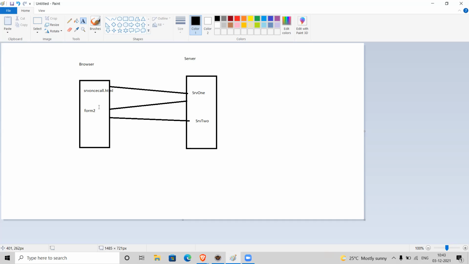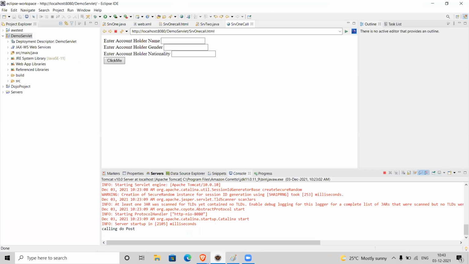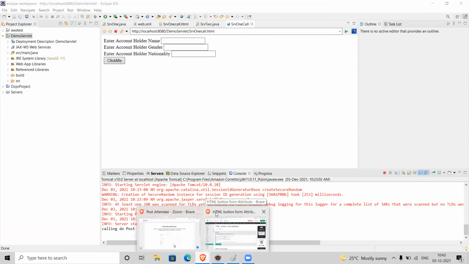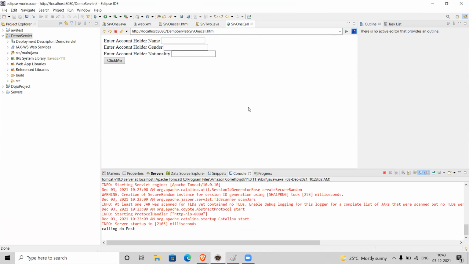As it has so many drawbacks, there are some alternatives to hidden fields, like cookies and sessions. Okay, so those are the drawbacks of using hidden fields. Any questions on hidden fields, or any doubts? No, Satya. Okay, thank you.